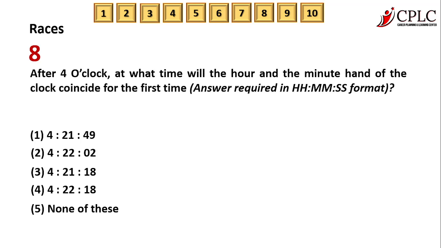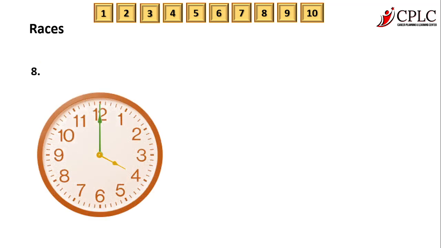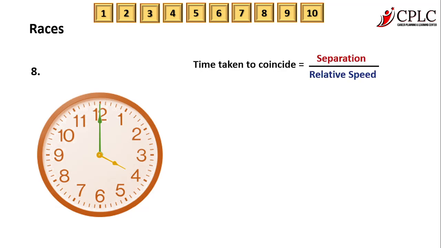Now, how do we do this? So first of all, the position at 4 o'clock. At 4 o'clock, this is the position. Hour hand at 4, minute hand at 12. When you understand this, then when do they meet? The only way that they will meet is that the minute hand comes down from 12 to 4. That means there is a separation of 20 minutes, or we can say 120 degrees, because 1 hour is 30 degrees.